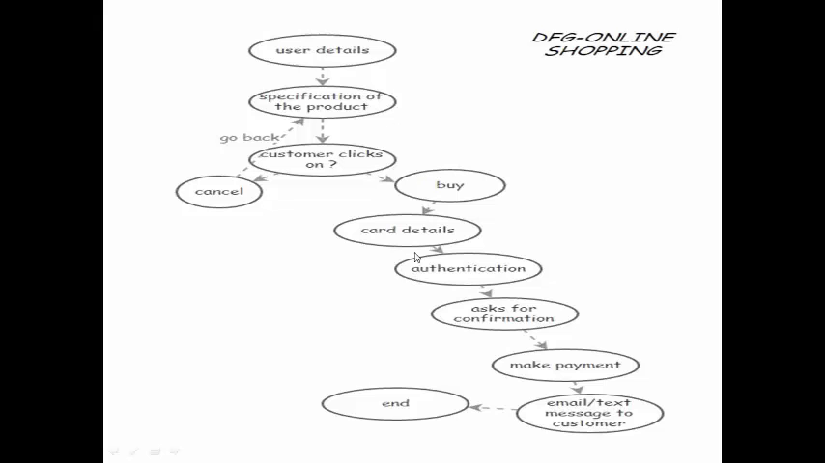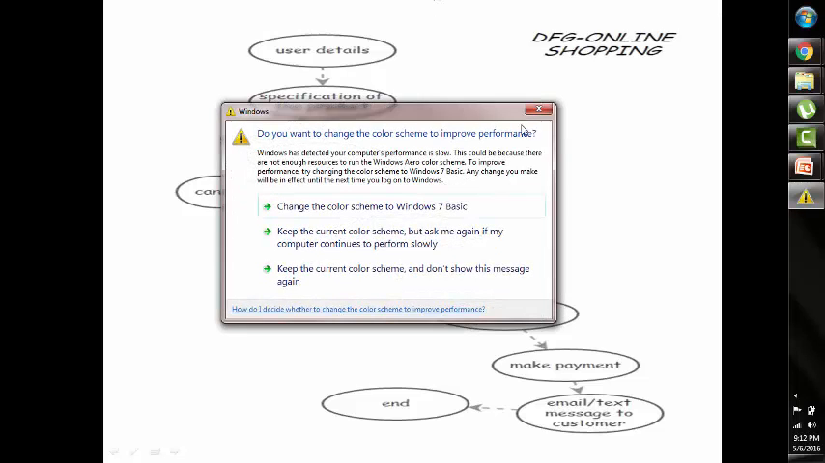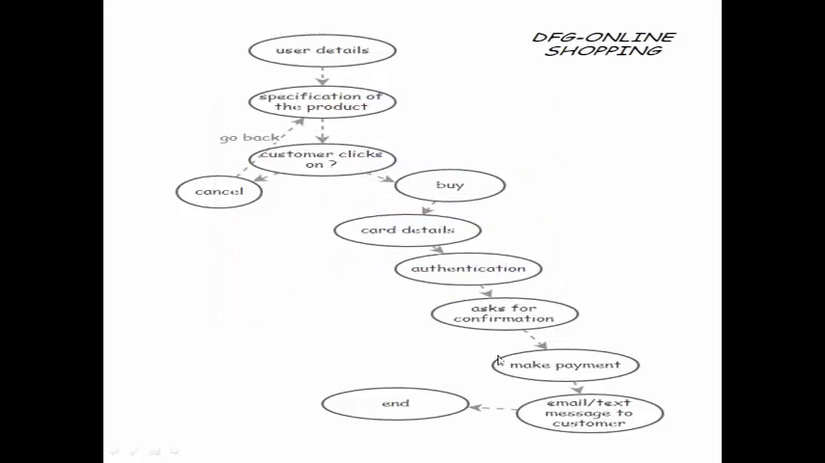The details of the card will be displayed. If the card details are matched and the person is authenticated, then it asks for a confirmation message whether you want to pay or not. If he says yes, we want to pay, then it will make the payment and send the message, email or text, both, to the customer. If you want to cancel here itself, then it will cancel the